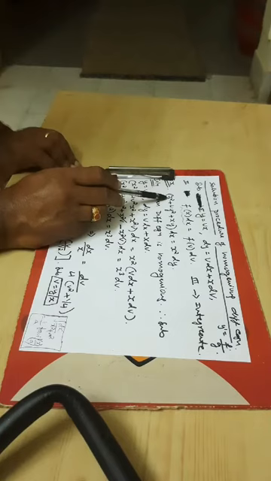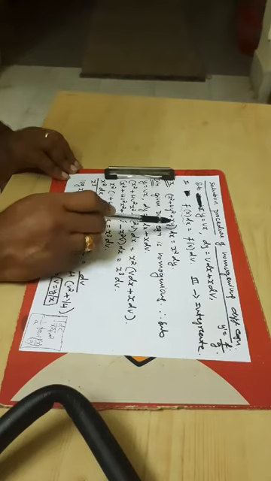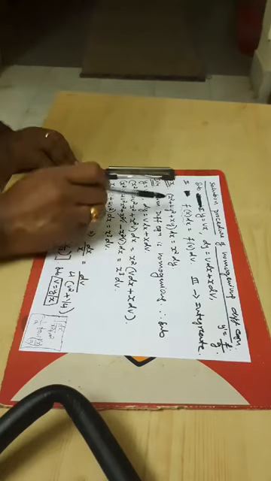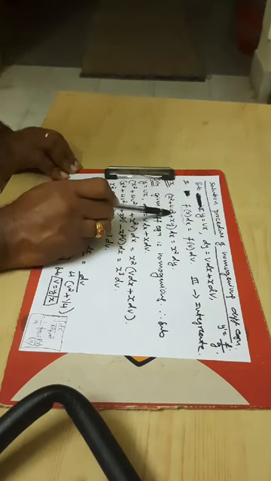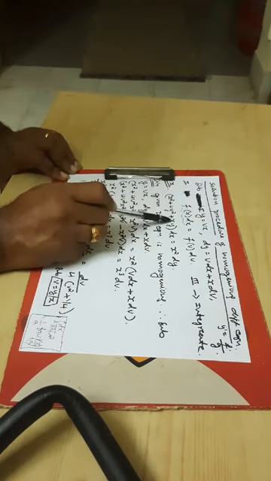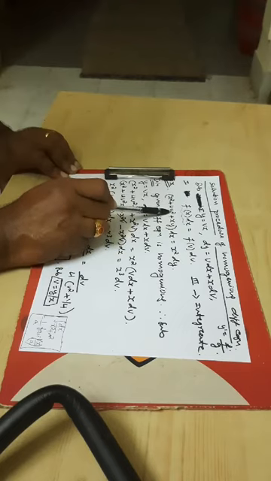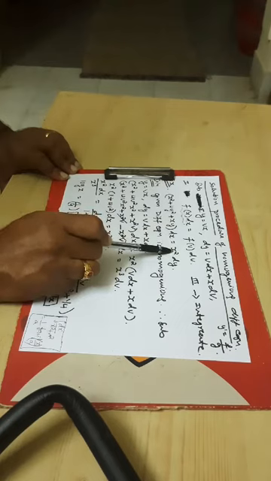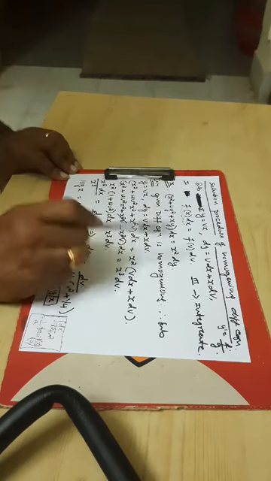Now suppose I take a simple example: (x² + 4y² + xy) dx = x² dy. This differential equation is homogeneous. A simpler way of guessing, though it is not true all the time, is to check the power of each term. What is the power of x? 2. Power in the second term, y, power of y is 2. Power in the third term, power of x is 1, power of y is 1, 1 plus 1 is 2. Power in the first term is 2, in the second term 2, in the third term 2, in the fourth term 2. The power in all the terms is equal to 2. Since all the powers are the same, the differential equation is homogeneous.